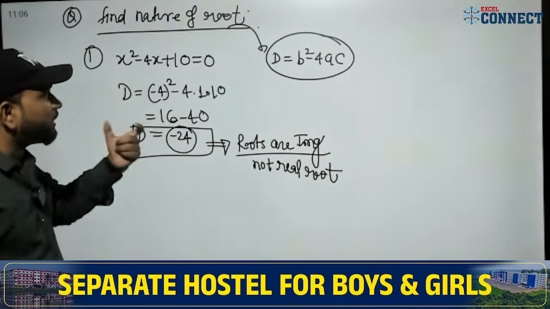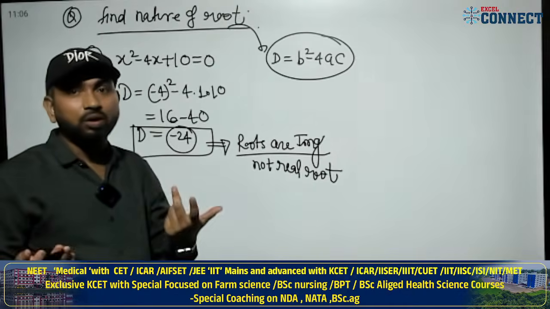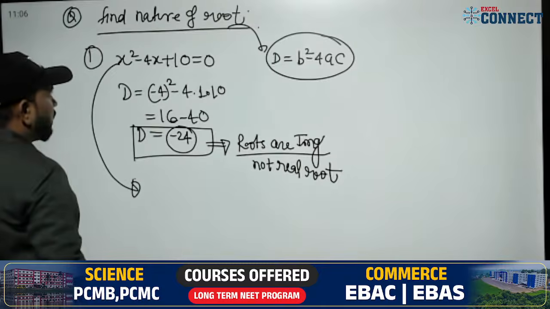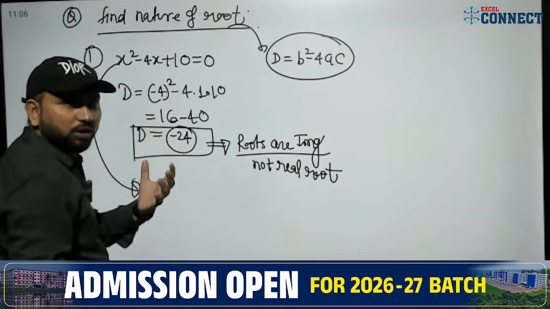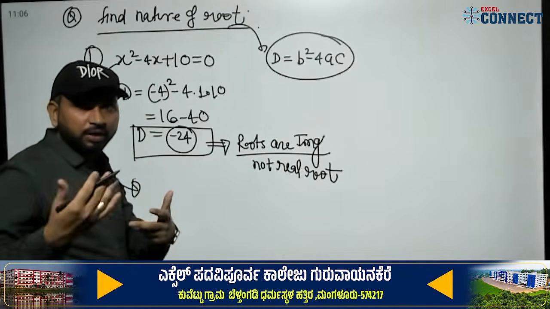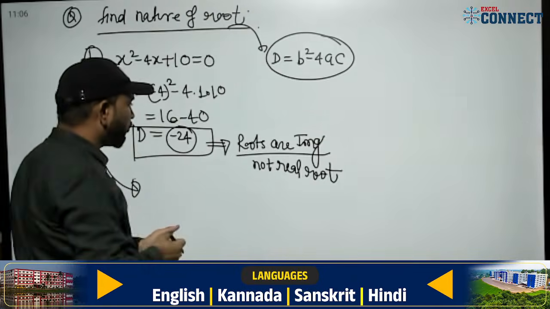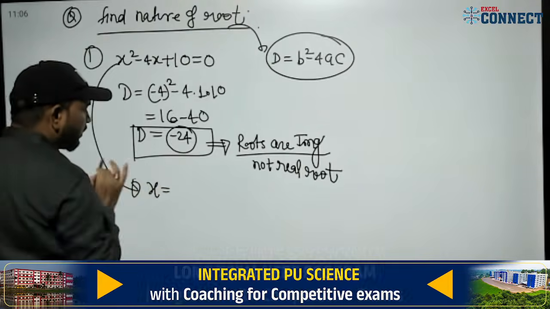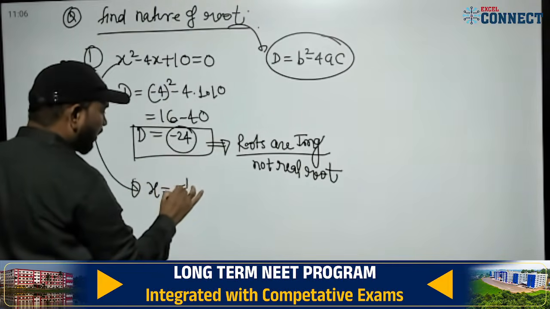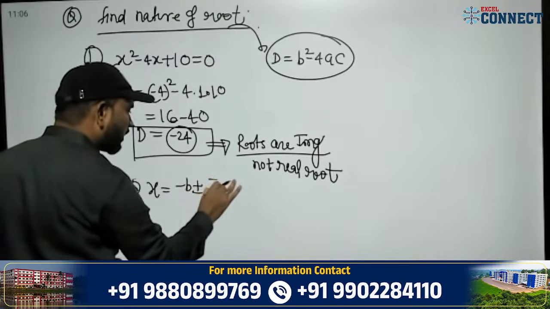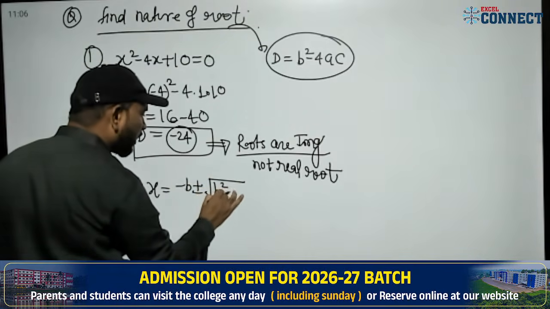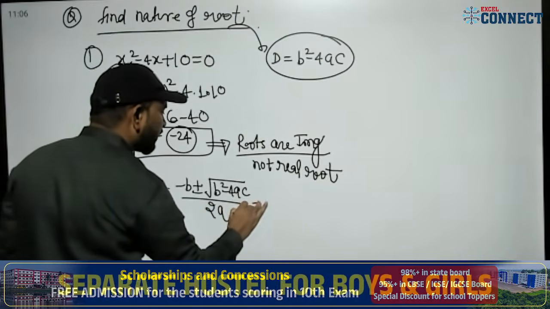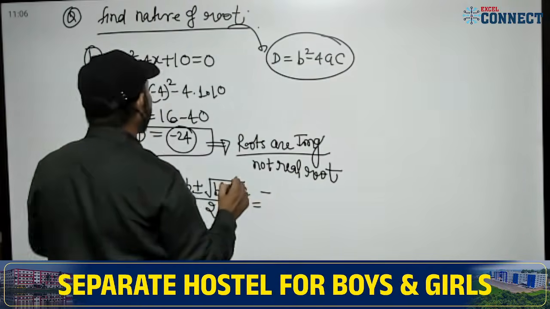Now if I say what exactly is the root of this, because it is not real, this you may not have studied, maybe some person has studied. If you need to find the roots exactly, the roots are not coming real, but they are coming imaginary. If you want to find this imaginary root, what will happen? Apply the Dharmastala formula: x is equal to minus b plus minus under root of b square minus 4ac, divided by 2a.